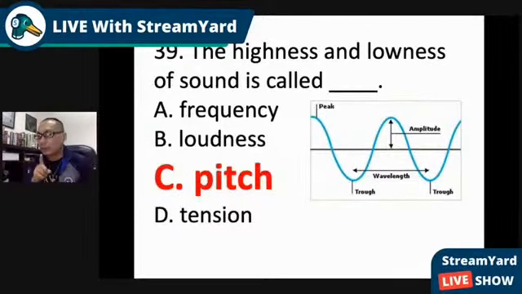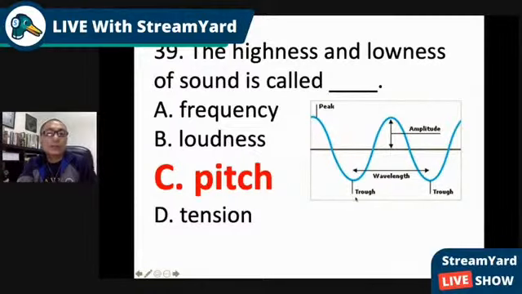But remember also the concept. Now, pitch is the highness and lowness of sound. It's also the number of waves at a particular time. And in the wave like this, the highest point is called the crest or the peak. And the distance from the neutral center to the upper part, to the crest, is called the amplitude. And the distance between 2 points that are in phase, or in this case, trough to trough, peak to peak, or 2 points that are in phase, like this one and this one, is called wavelength.